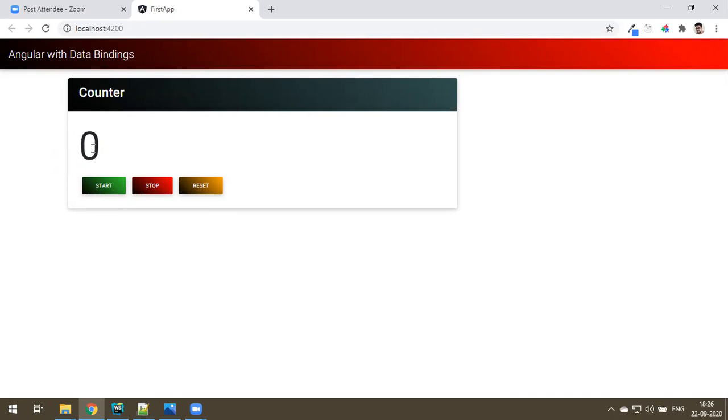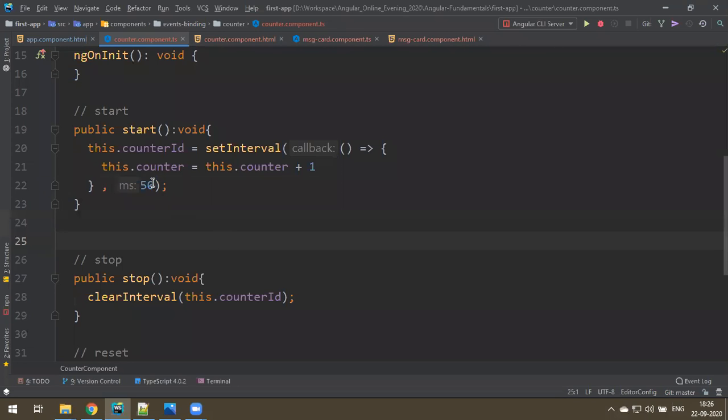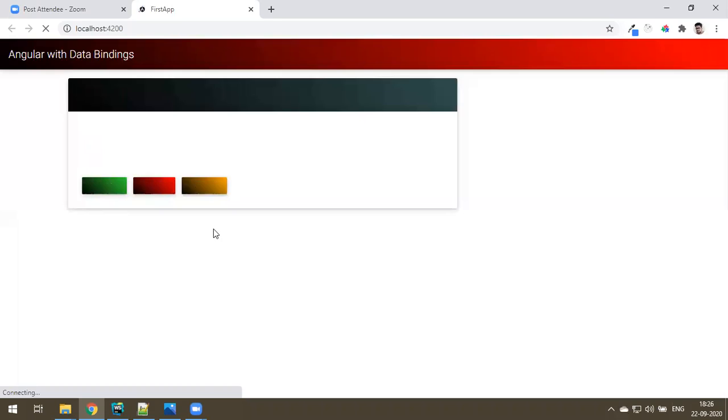A small bug is there in this application. What is that? I will tell you. Let's make it 100. Observe very closely, and you tell me what the bug is. Observe closely now. 100. Tell me the bug, what it is.